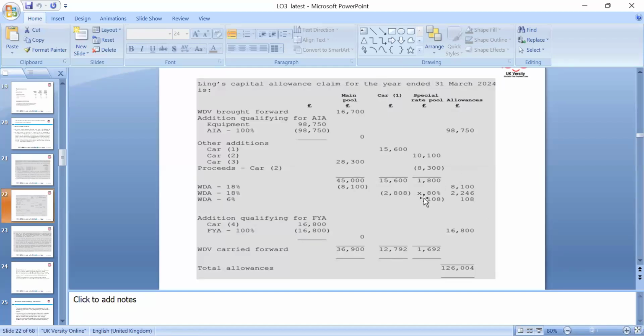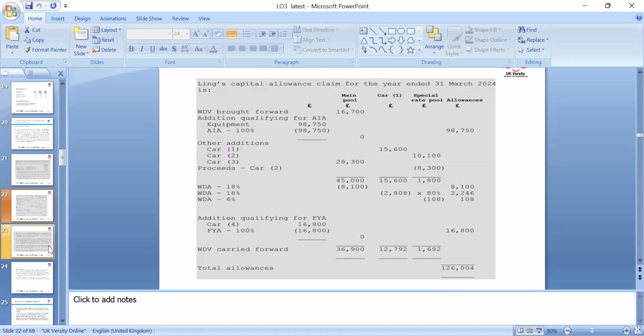Okay, so that's the additions qualifying for the first year allowance. If we have any car that can qualify for first year allowance, which car 4 is, at 16,800, according to the criteria we can claim full allowance for this year. Then we can look at the written down allowance that goes in the following years. We can claim the total allowance which we are entitled to for this year, so that we can deduct it from the tax liability.